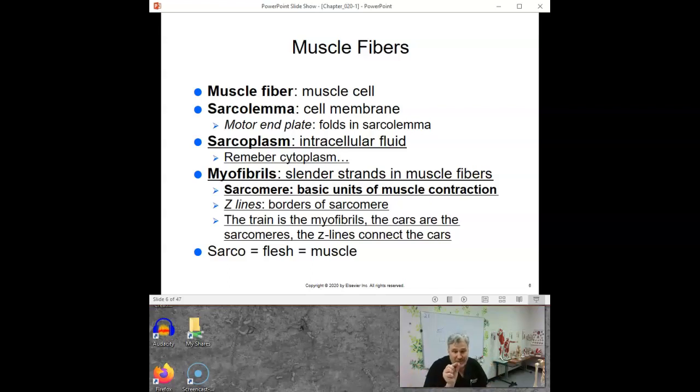Well, it's happening on a microscopic level, but if you have it happen in a whole bunch of sarcomeres, that microscopic level adds up to an inch or two. And an inch or two is all you need to get me from here, touching my shoulder, out to here. I just need to get an inch. So that's what happens. So muscle fibers really are muscle cells. Muscle cells are really long. Muscle cells have a whole bunch of sarcomeres in them. These sarcomeres are called the contractile unit, the thing that makes them shorten.